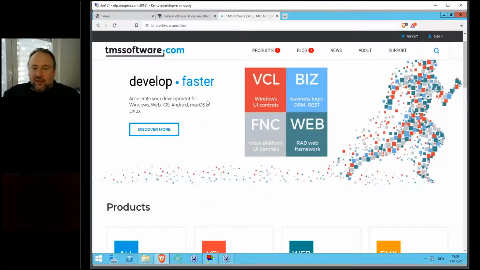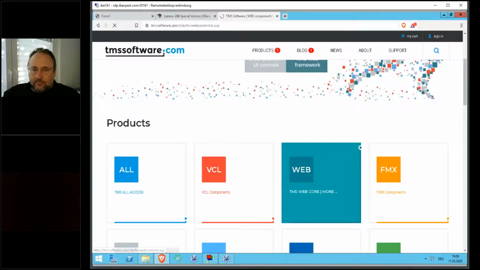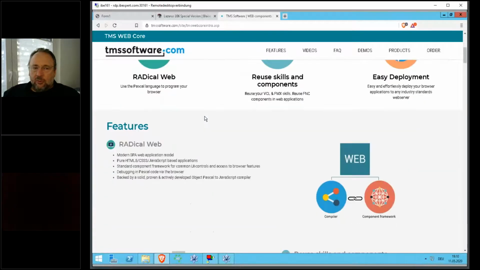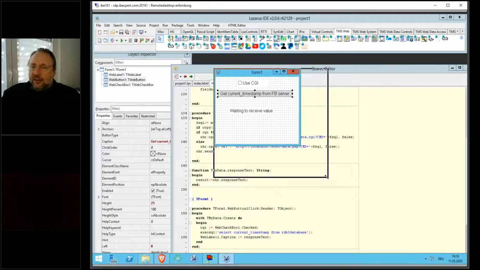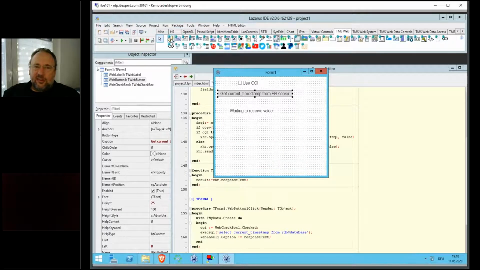And one of the projects is the TMS Webcore product. It's really interesting if you want to have some basic functionality inside your development process, but you rely on basic knowledge of your perhaps Delphi programming knowledge. You do not have to reinvent yourself. Let's have a look at possibilities here. For example, here we have a web label, we have a web button, we have a web edit, we have a spin edit, we have components for whatever you can imagine. And each of these components can be directly used on such a web form